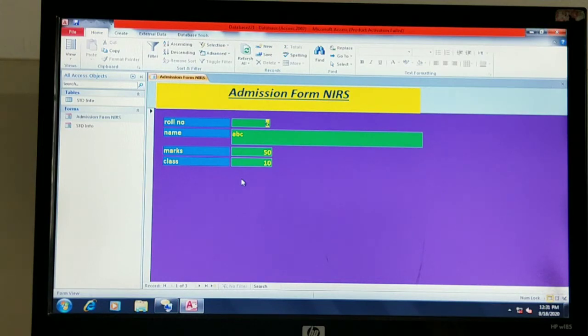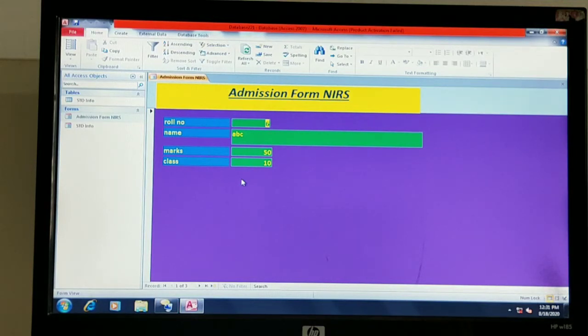When you create a report of that table, with different kinds of fields, you will get it in a printed manner, and then you can take the printout of that report. So this is the report in MS Access 2010 database.